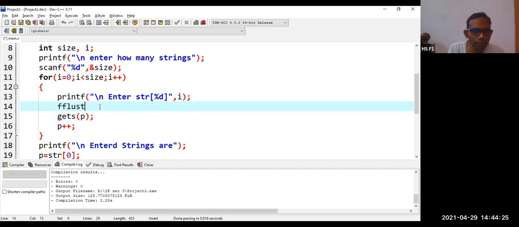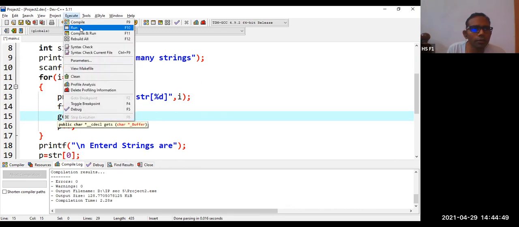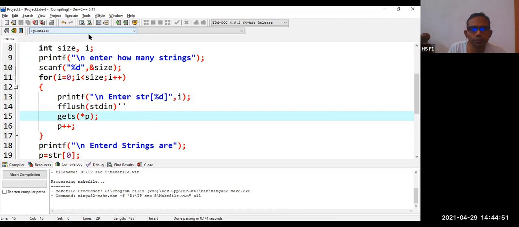So fflush, brackets stdin, and the pointer is moving. gets of P. gets of star P. gets of P or star P. Star P.